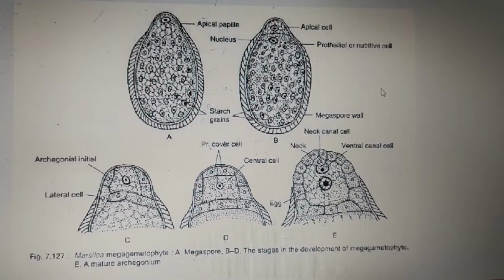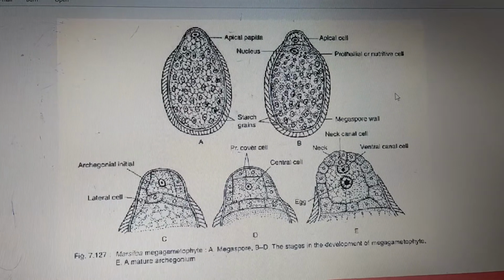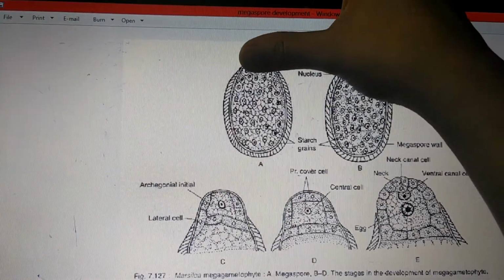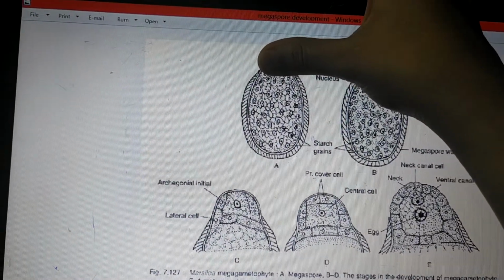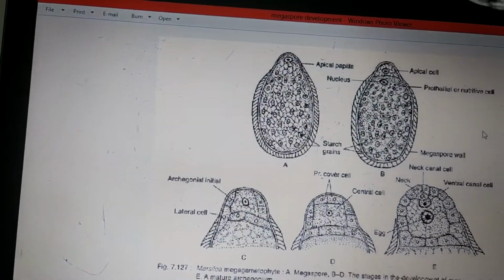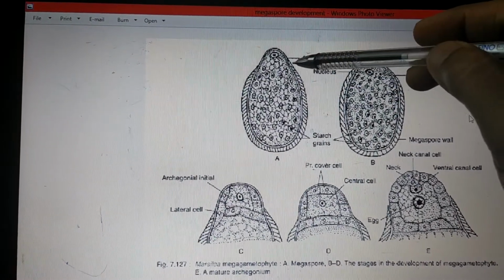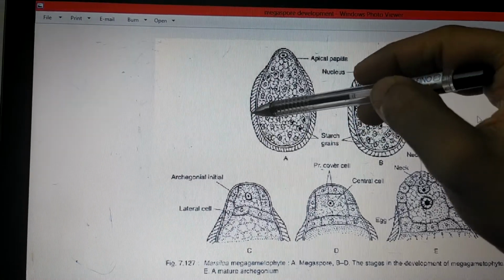Here we'll be discussing different stages in the development of the female gametophyte, and that is mainly done by the megaspore. Megaspore is actually an elliptical shaped structure. It looks somewhat like this. This megaspore is going to imbibe the water. Imbibe in the sense it is going to absorb the water. Absorption of water leads to formation of this mucilaginous mass around the megaspore wall.